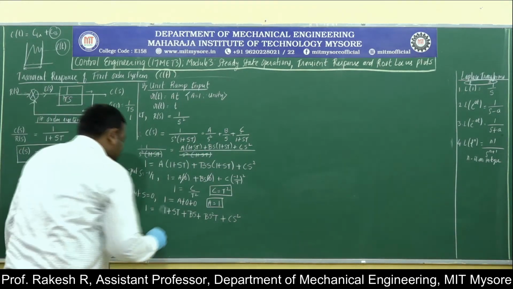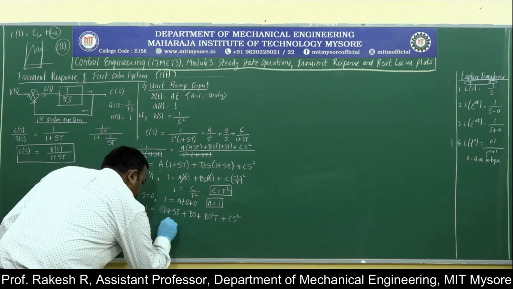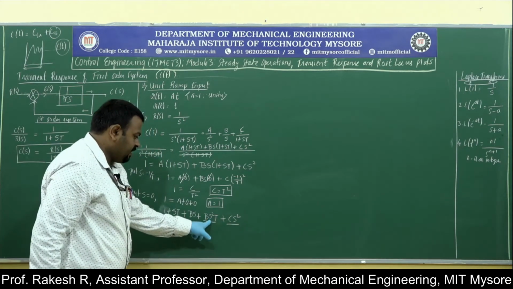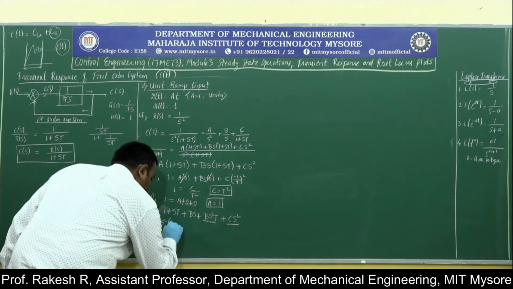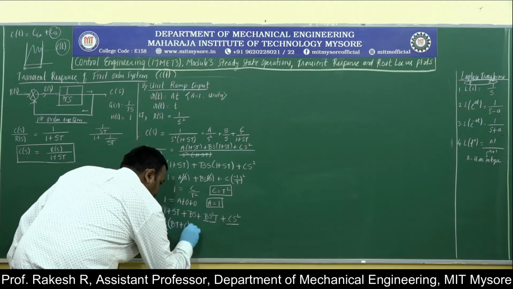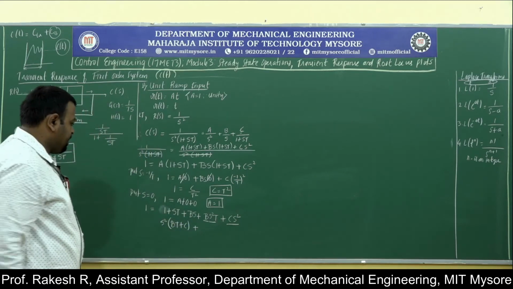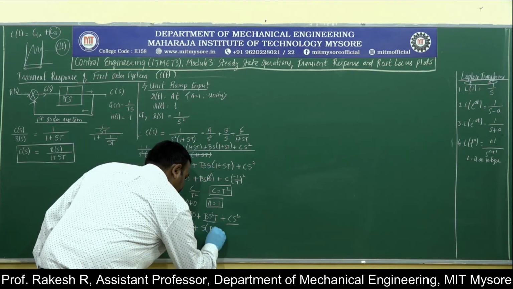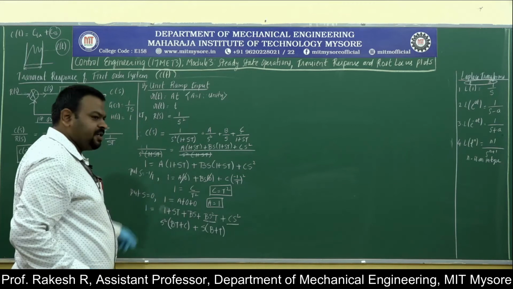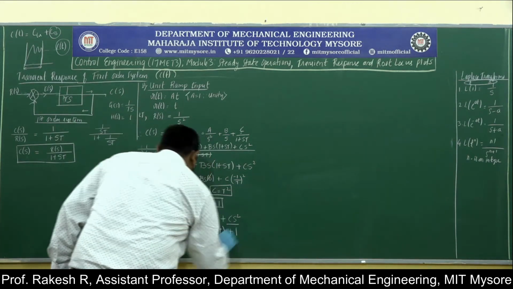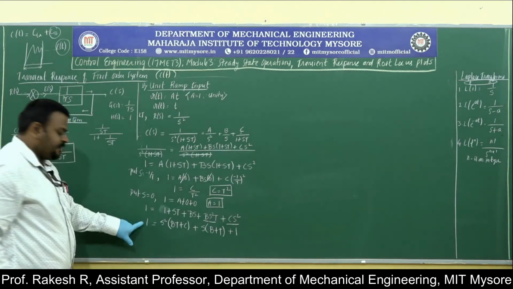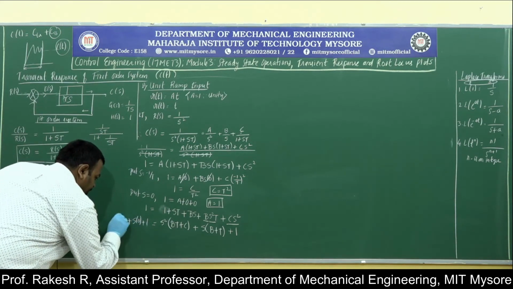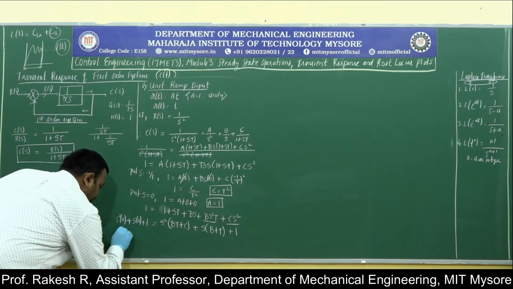First I will segregate the s square terms. For s square, there are two things, one is bt and c. So bt plus c, plus the s term. If I take s common here, it will be b plus t, then the constant term is 1. Here it is 1. The meaning of this is there is no s term and there is no s square term. Now I will equate